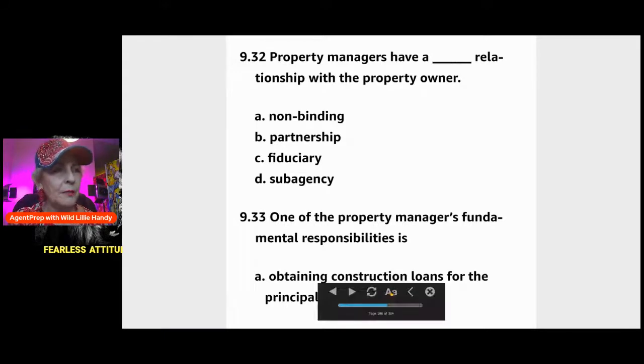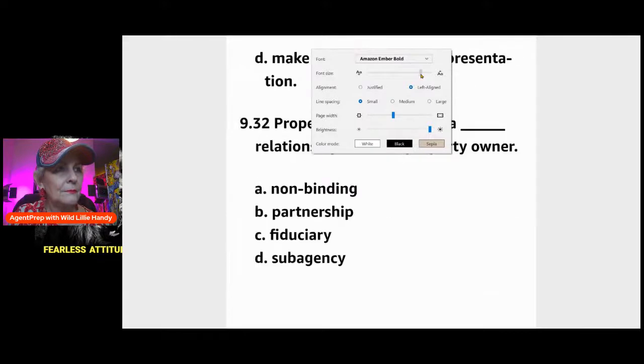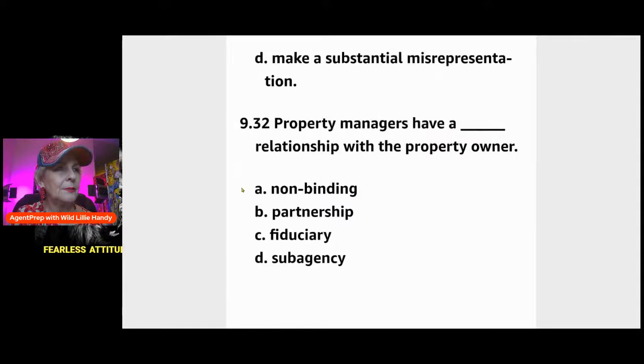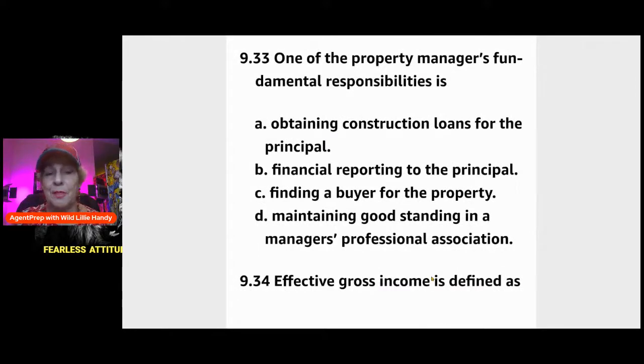Number 33. Okay, one of the property manager's fundamental responsibilities is A, obtaining construction loans for the principal. Who's the principal? B, financial reporting to the principal. C, finding a buyer for the property. Or D, maintaining good standing in a manager's professional association. So one of the property manager's fundamental responsibilities is